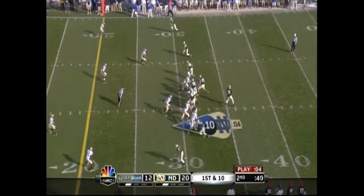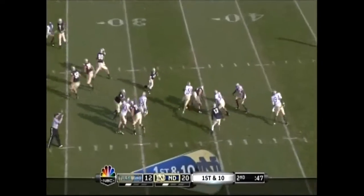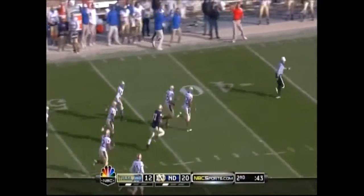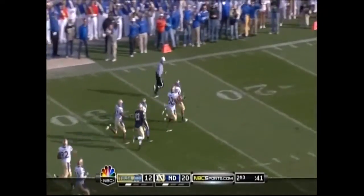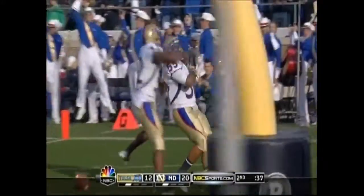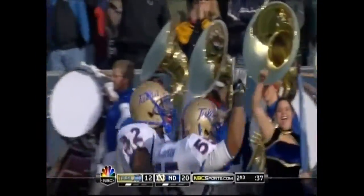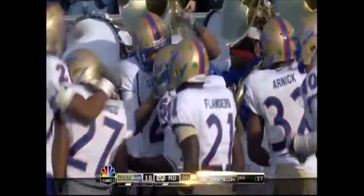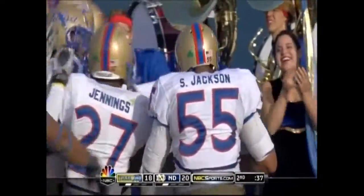Inside the final minute of the half. Reese deflected and picked off. Intercepted by Sean Jackson. Jackson racing for the end zone, and he'll have the Tulsa touchdown. Wow. Are you kidding me? And they had a jailbreak screen set up. Sean Jackson, the freshman that was just called for roughing the passer 1 play ago, comes up with the key